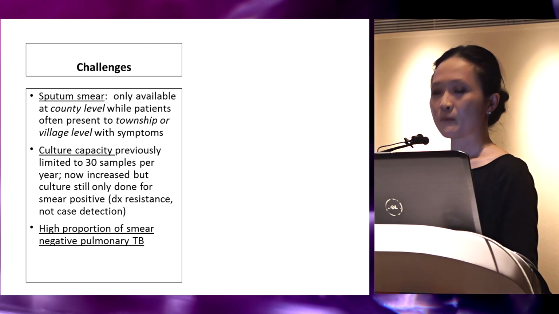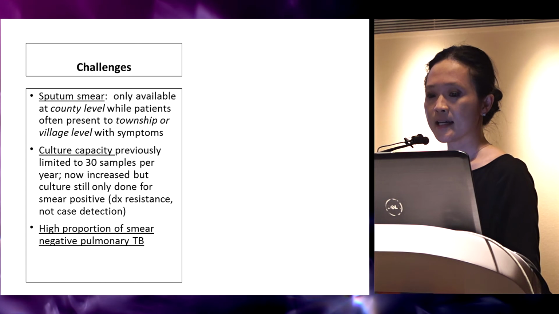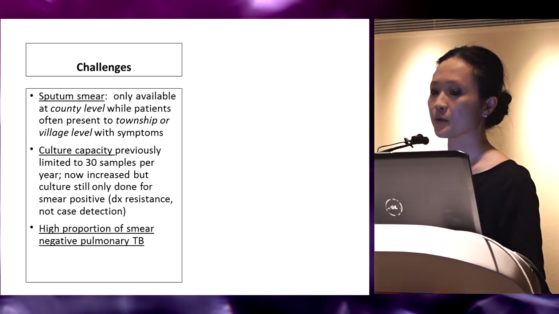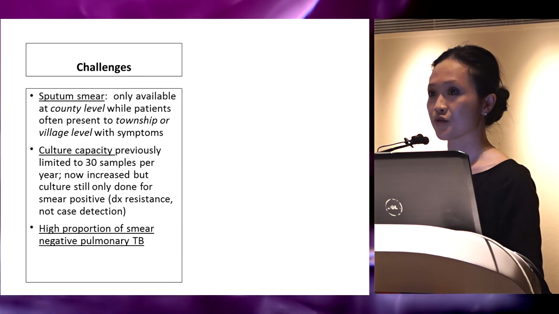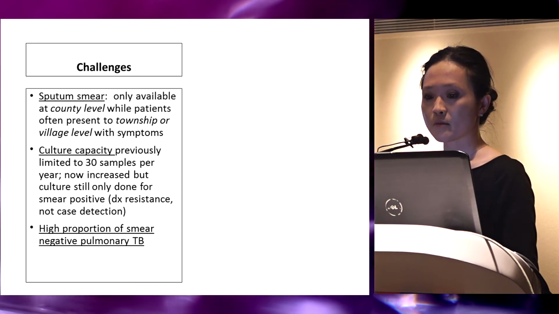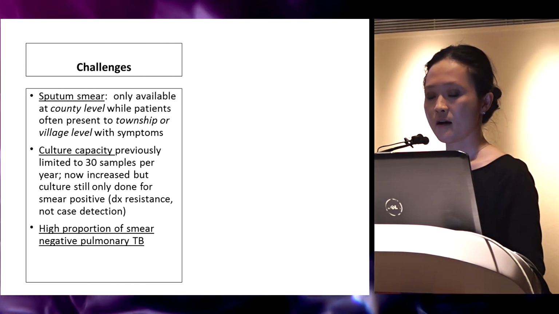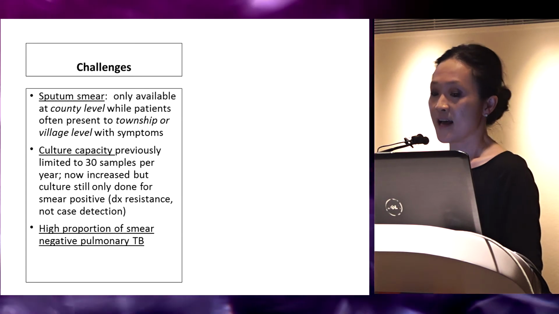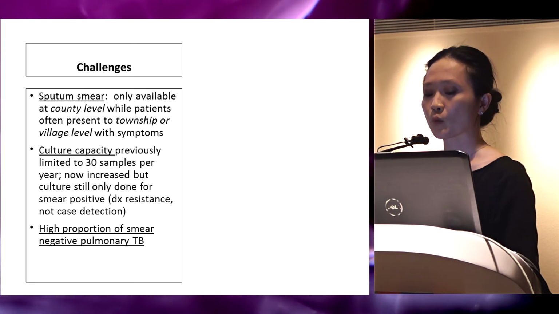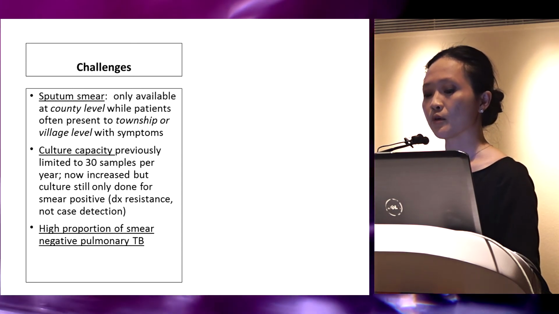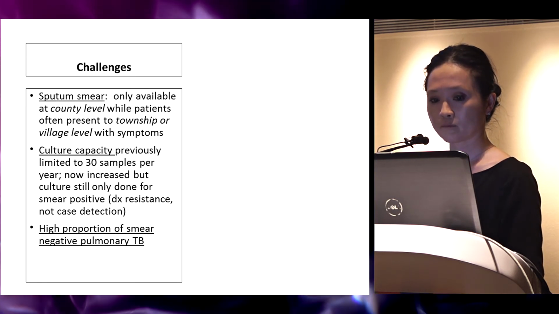So what are we proposing to do? In terms of the first intervention, increase accessibility to sputum smear in order to improve case detection, transport sputum from the village to the county level, as opposed to transporting patients. Number 2, a GeneXpert machine was just recently installed as of last month at the county level in Zhensheng. And also we're hoping to develop, well, actually we're not hoping, they have been working on their culture capacity with the goal to increase both TB case finding and as well diagnose RIF resistance.